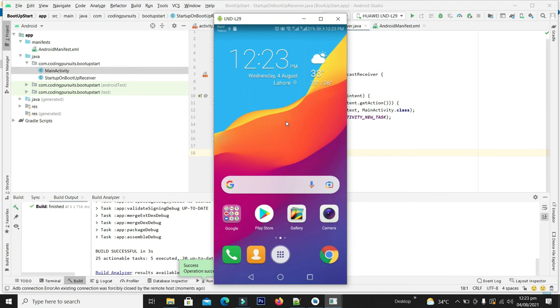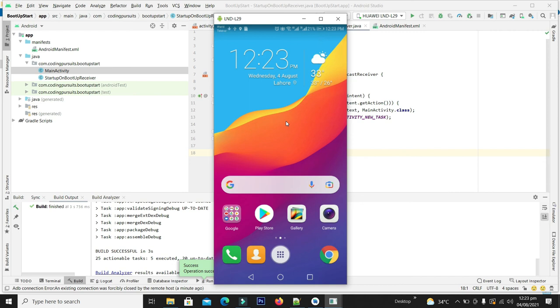Let's check after how much time the OS starts my application for the boot up completed intent. The reason I am not running my application on the emulator is that the emulator does not run the application on boot up. It's best to test and run your application on an Android phone, because it is the real user case.